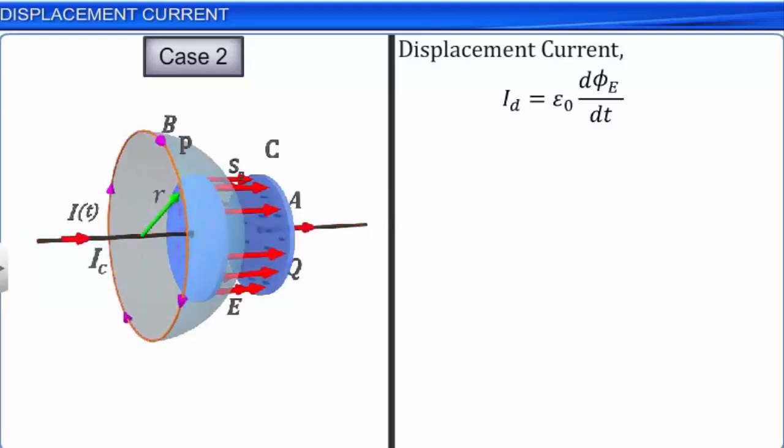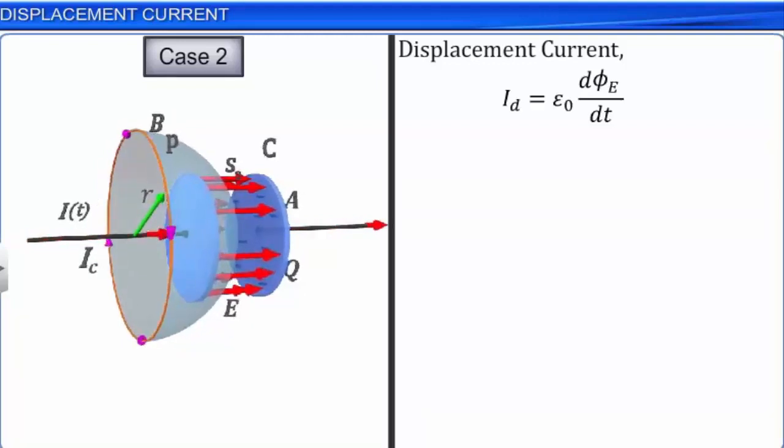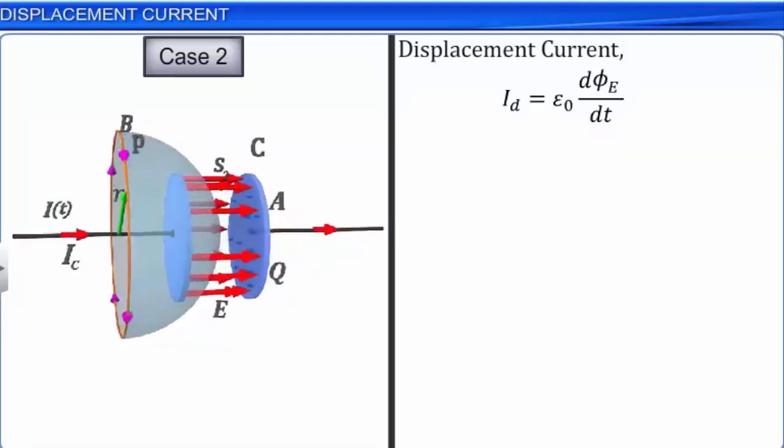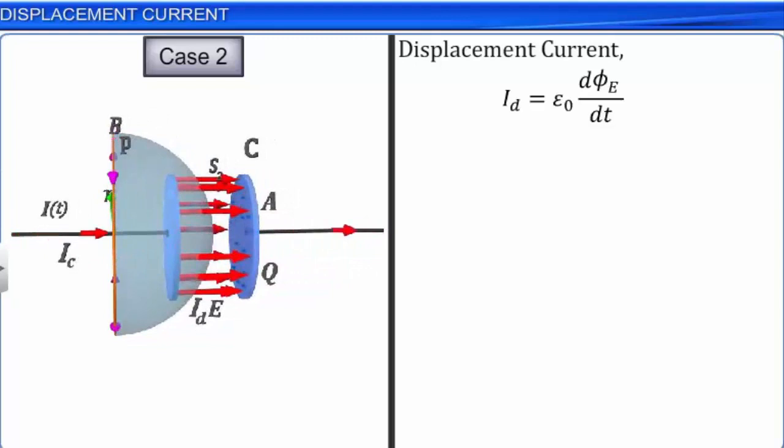Thus, the total current enclosed by the surface S2 is the sum of the conduction current and displacement current, that is, I is equal to IC plus ID, which is equal to IC plus epsilon naught into d